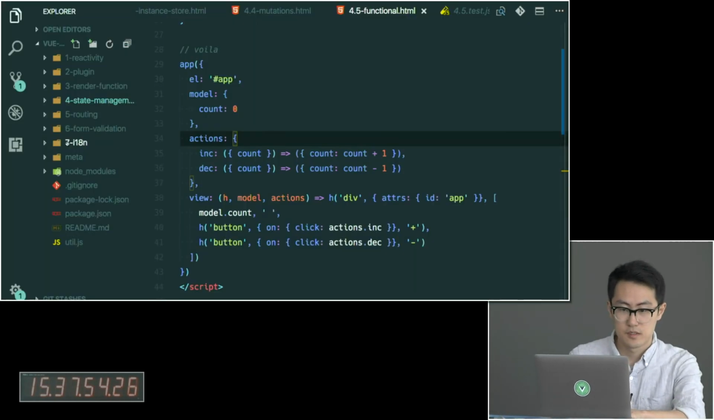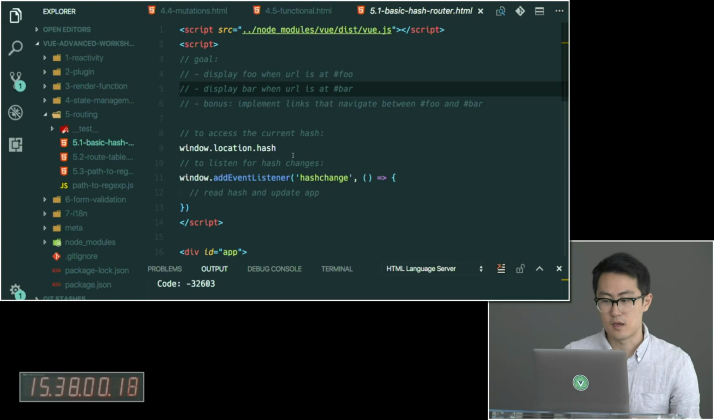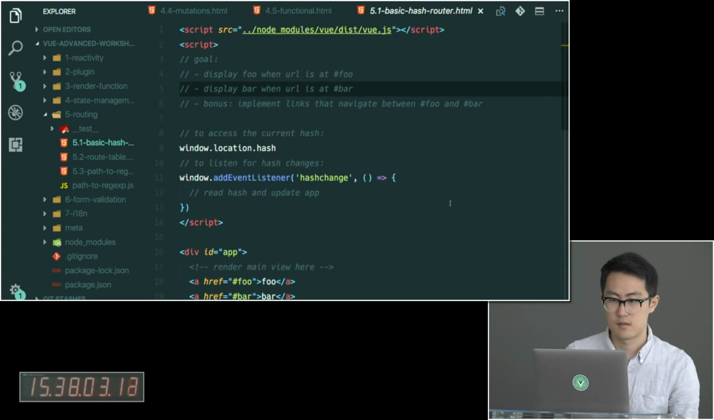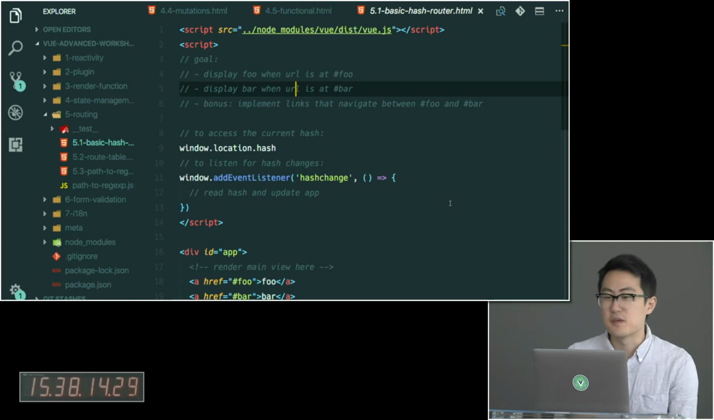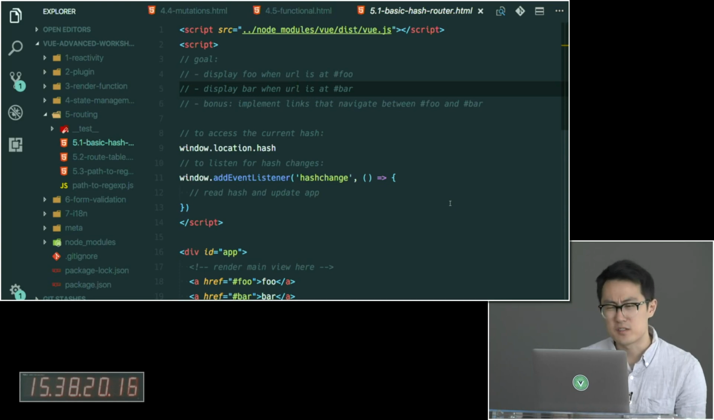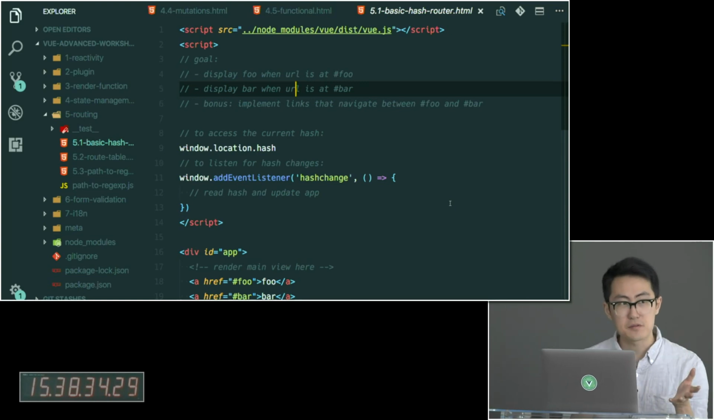So let's go into the first exercise in routing. Let's build a very, extremely simple hash-based routing solution. It's not even a router, it's just routing using direct browser APIs. So we all know that in the browser there are two ways to do routing. You can use the hash or you can use the HTML5 history API. The HTML5 history API is better in the sense it supports pop state and you get better looking URLs,